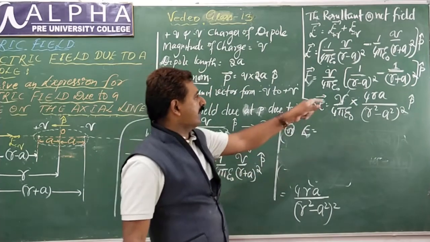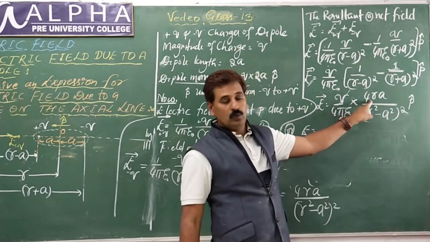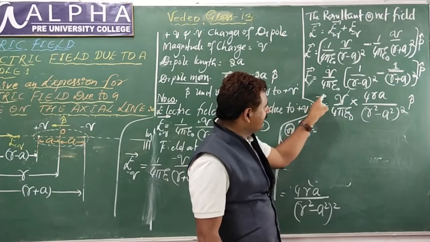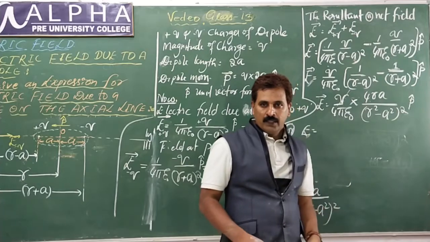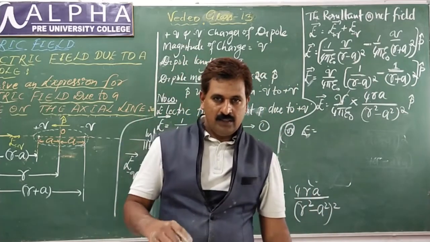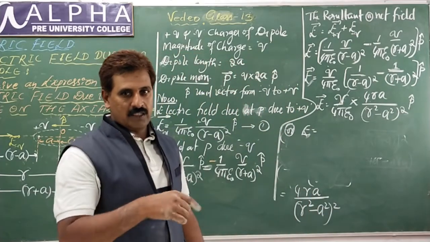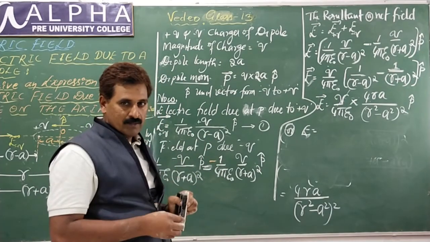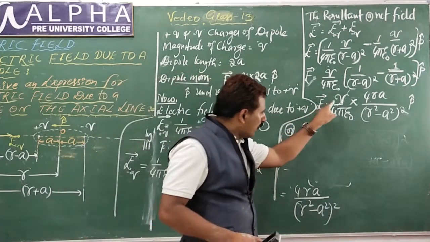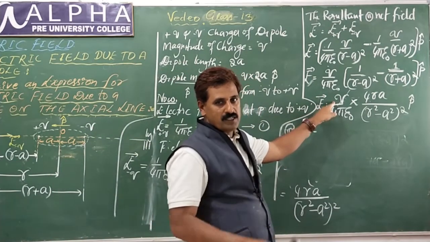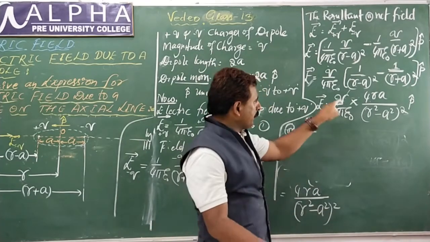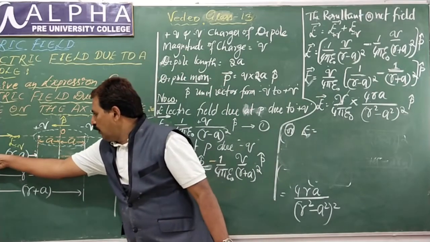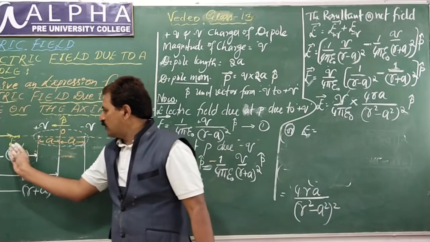Students, after writing this, you got a positive value. Positive value means the direction of electric field is the same as the direction of dipole moment. If you write two vectors, one on the left side and the other on the right side of the equals symbol, if you get positive, they are in the same direction; negative, opposite direction. You are getting a positive value, so they are in the same direction. It's quite natural. E plus Q more, E minus Q less, the effective value is towards your left.